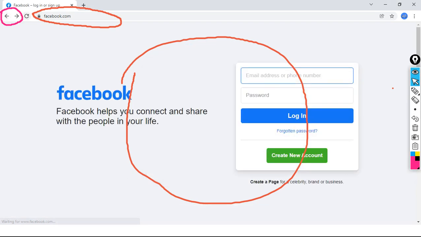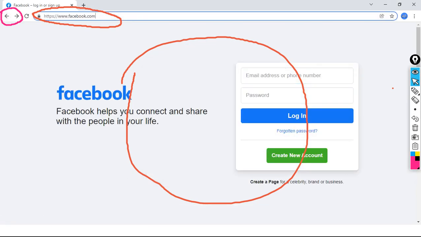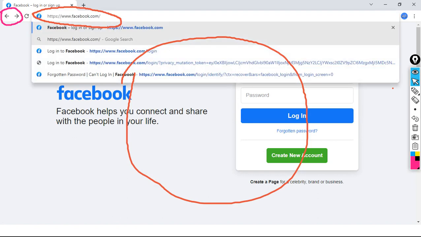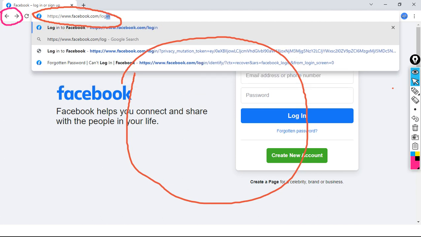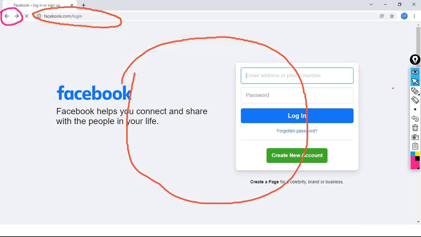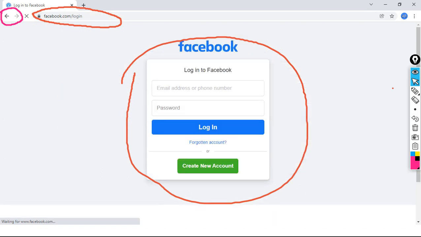Now we are at the home page of the Facebook website. Now we are clicking on the URL. Now what I am typing is /login. So from the current page I will redirect to the login page, correct? So this is a relative path, because we are moving from the current page to another page.